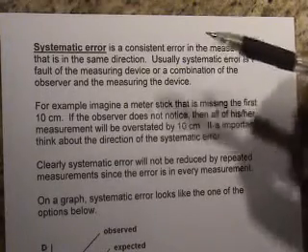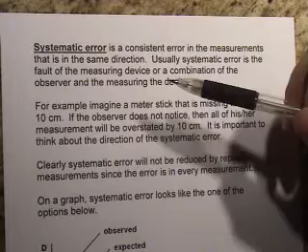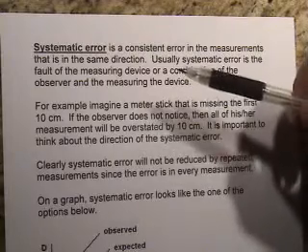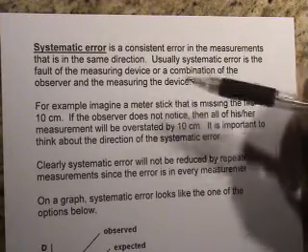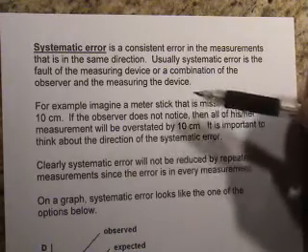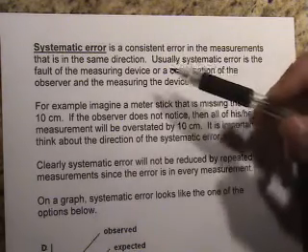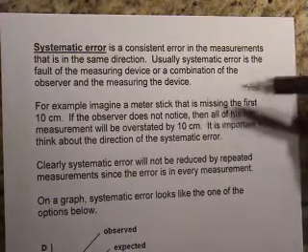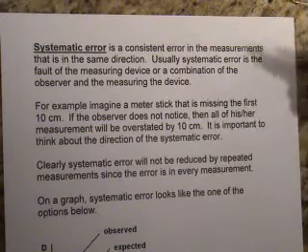So there's one last type of error that we need to contemplate, and it does not show up in the uncertainty because it's a type of error that should really be eliminated. And this type of error is called systematic error, and that essentially means that you're making some error in the measurements in a consistent direction, meaning that, for example,